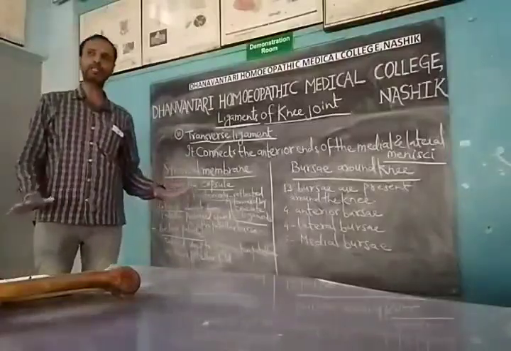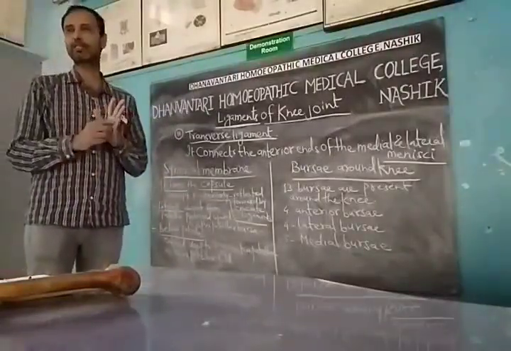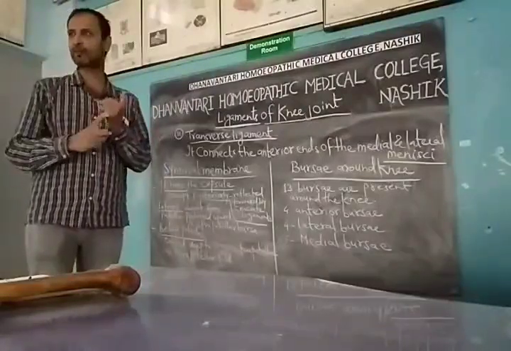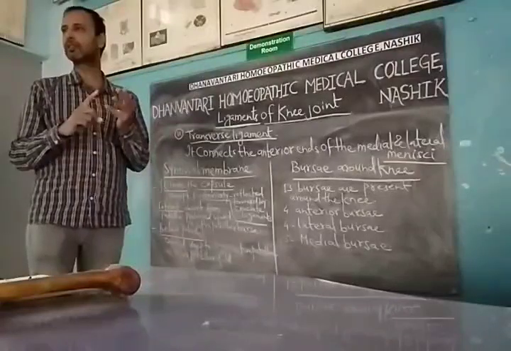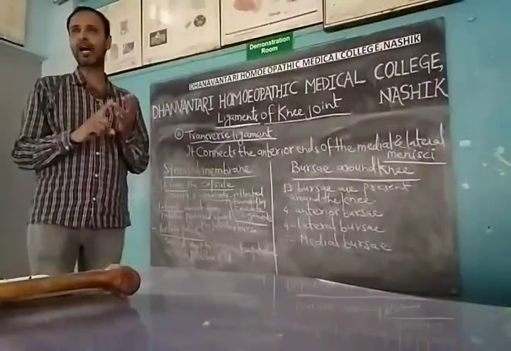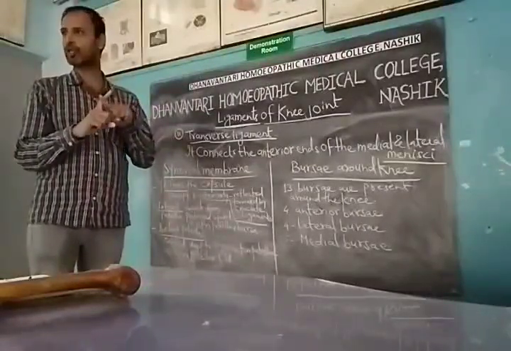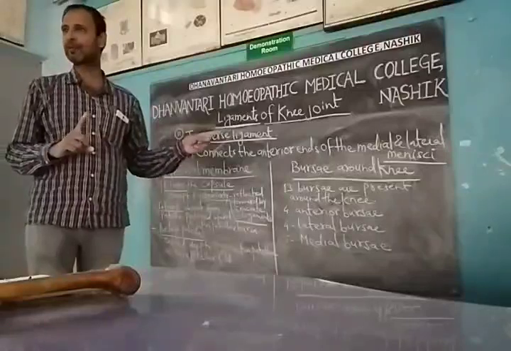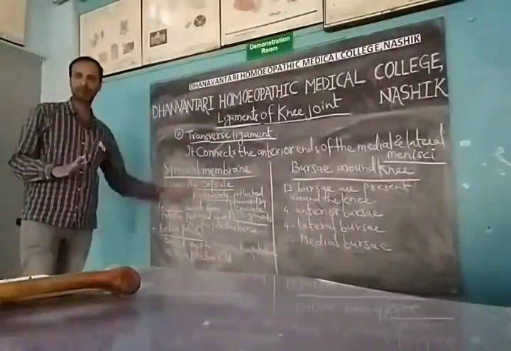Now with all these 11 ligaments we have completed. In short, we can make a list of the 11 ligaments we have learned: the fibrous capsule, ligamentum patellae, the medial collateral ligament, fibular collateral ligament, oblique popliteal ligament, arcuate popliteal ligament, then the anterior and posterior cruciate ligaments, the lateral and medial menisci, and the transverse ligament.